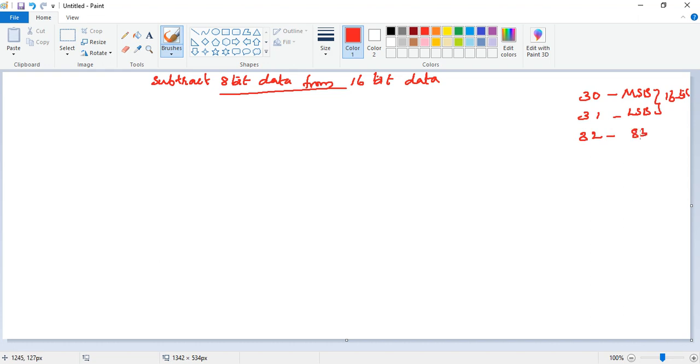Okay, so this is our 8-bit data. We need to implement A minus B. Okay, so A is in 30 and 31, B is at 32. Okay, and now result